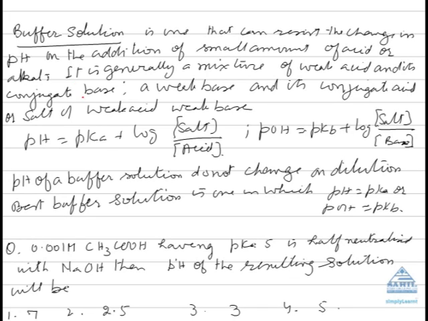Why does it not change? Because, dear students, in that solution there are excess of H ions or OH ions due to the presence of the weak acid or weak base. When you add acid, these react with the conjugate base to form weak acid and the pH doesn't change. When you add a base, these react with conjugate acid of the weak base and form undissociated weak base and the pH does not change. In such questions, the formula used will be pH is equal to pKa plus log of salt over acid, or pOH is equal to pKb plus log of salt over base.